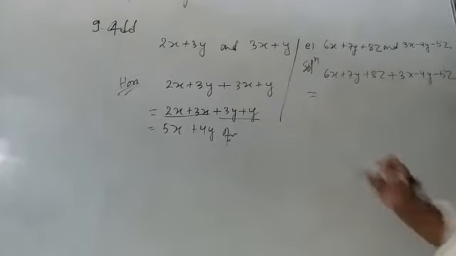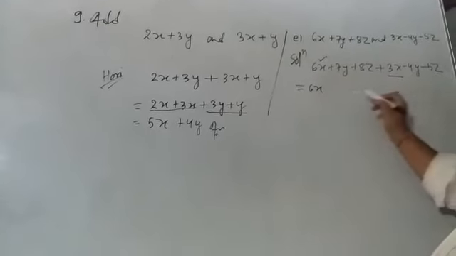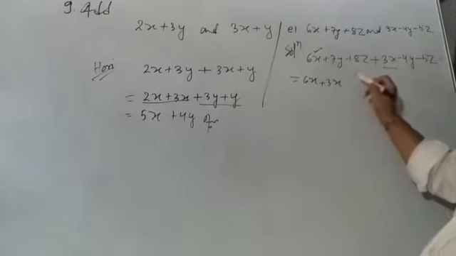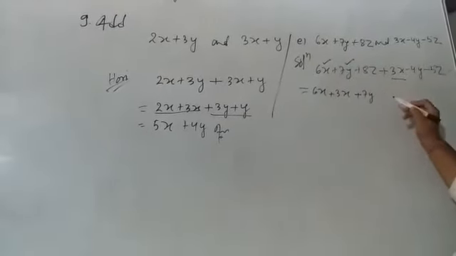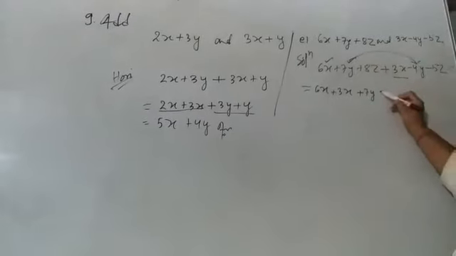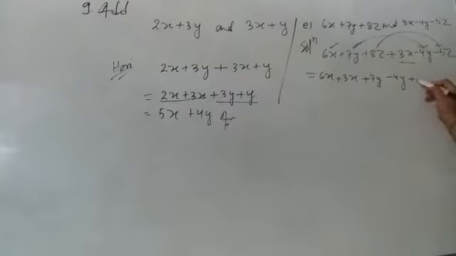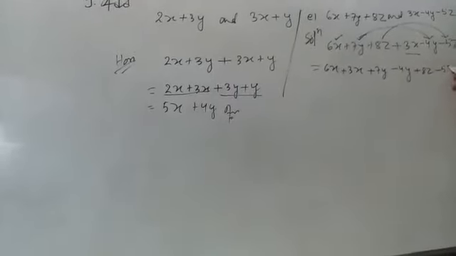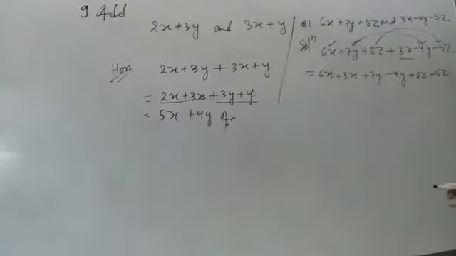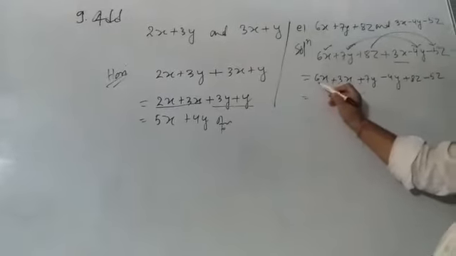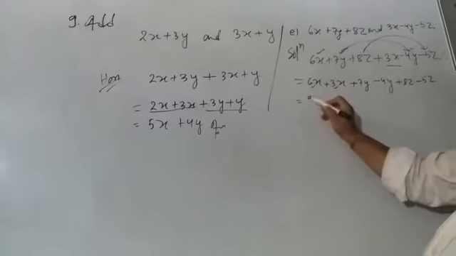First of all, arrange the like terms. 6x, its like term is here, plus 3x, and similarly plus 7y, its like term is here, minus 4y. Similarly here plus 8z minus 5z. Have you understood? Now see here, these two terms are positive and like, so the sum is equal to